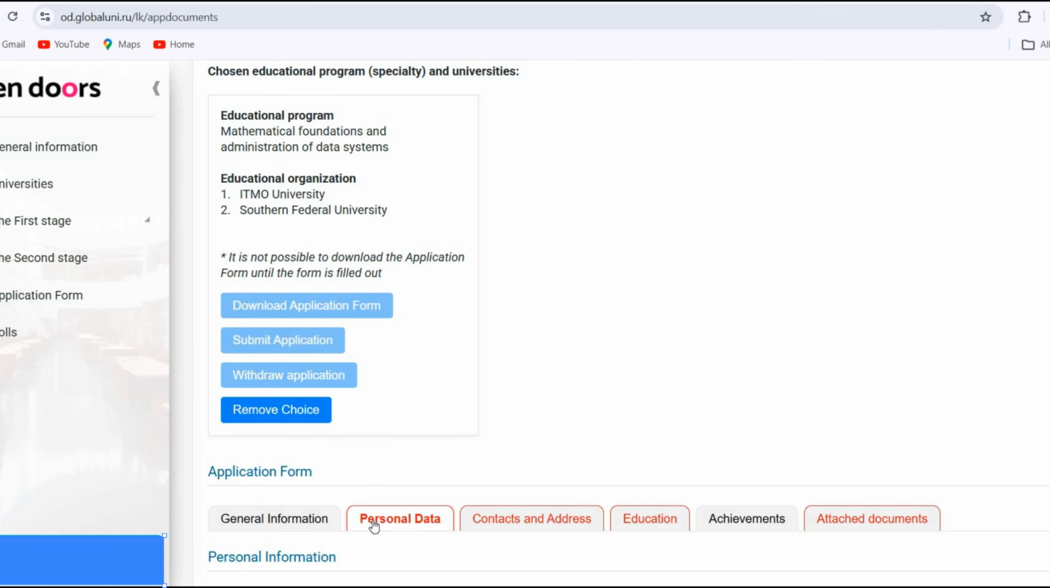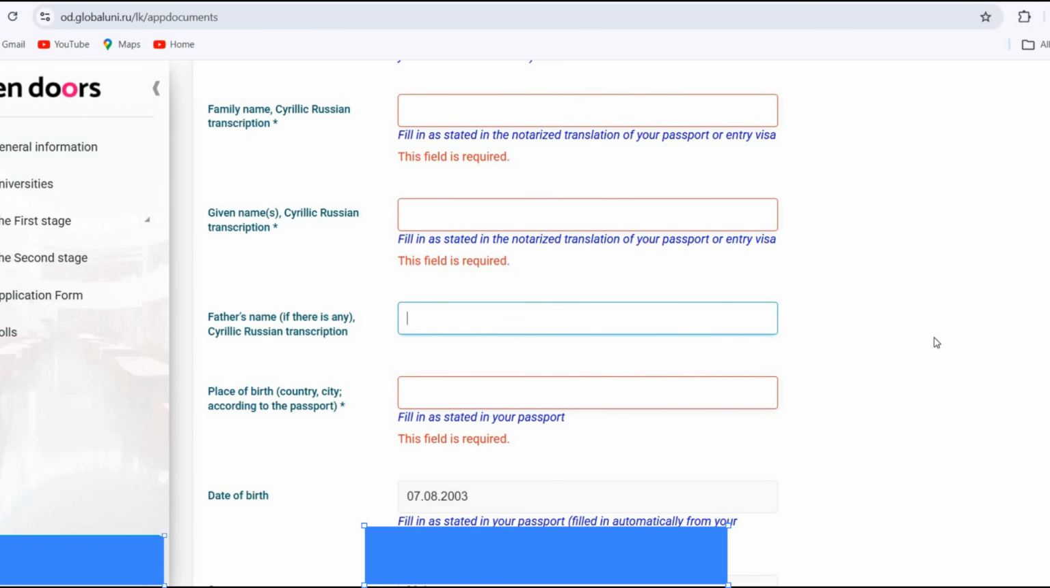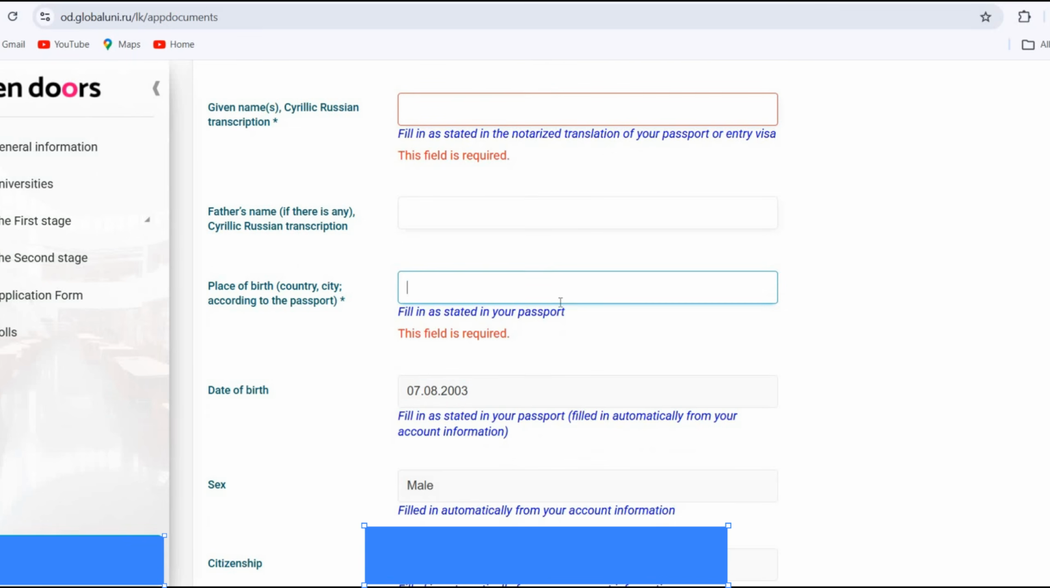Now we are forwarded to the personal data section. You need to fill out your personal information like your passport details and everything. Here you have to write your family name in Russian and your given name in Russian as stated in the notarized translation of your passport. Then your name must match the translation that you have done in your own country of your passport. Here you need to write in Russian, then your father's name in Russian,